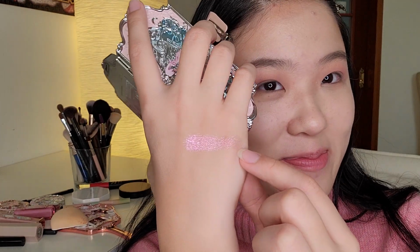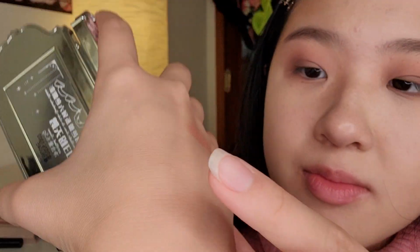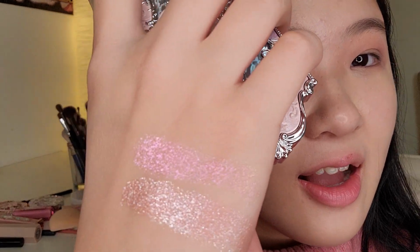Oh my, that is very pretty. When I swatched it, it was at night, so I couldn't see it as well as I can now. And then this one. These two shades